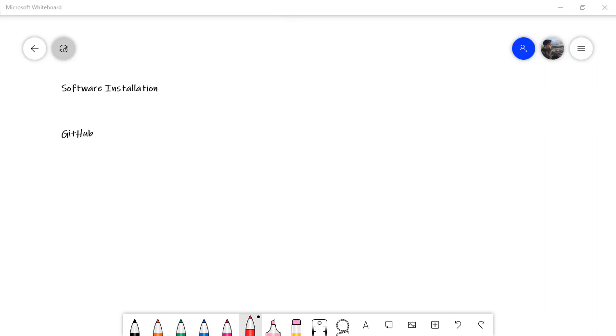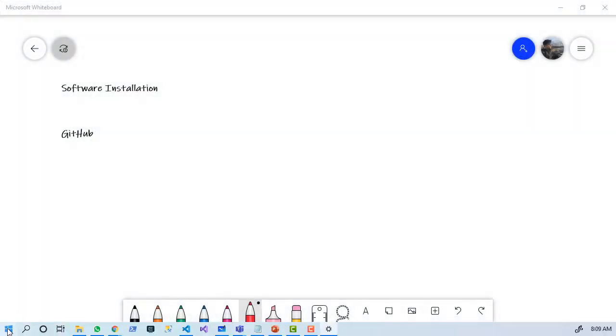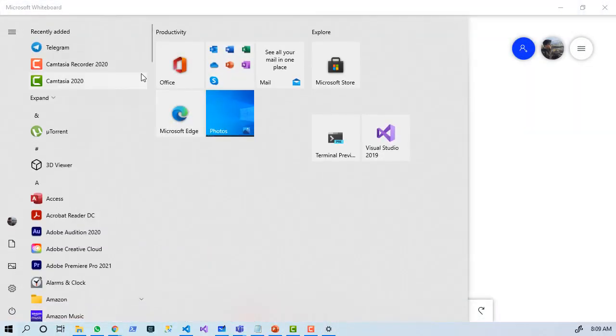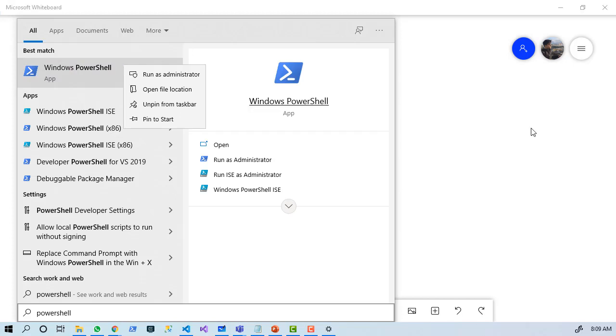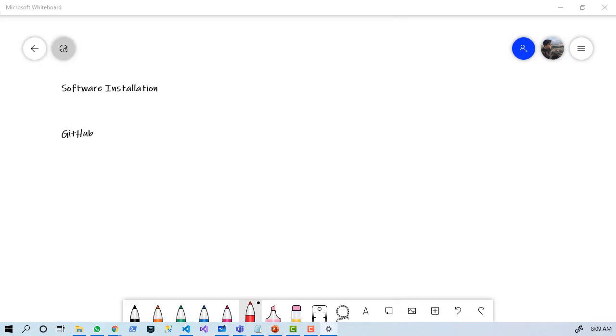Let me turn on a setting, and I'm going to show you something. All right. So in the Start menu, type PowerShell, and then on PowerShell,